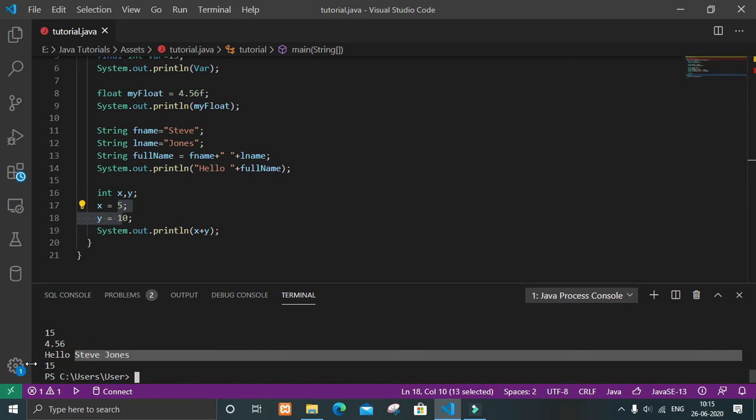And if you want to say that the number is 15, then you can write "the number is", then the value.